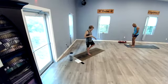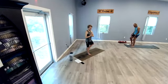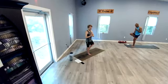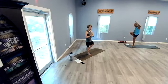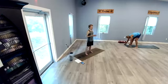Find that imaginary block between your left leg and that wall behind you. So we're opening the left leg so that you can keep that block from falling to the floor. And a slight engagement to the core here. Here for 5, 4, 3, 2, and 1. Directly release. This last one, you can do exactly what we just did with the tree, or we'll add on